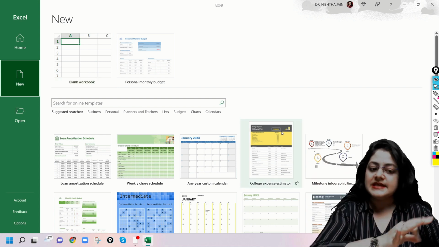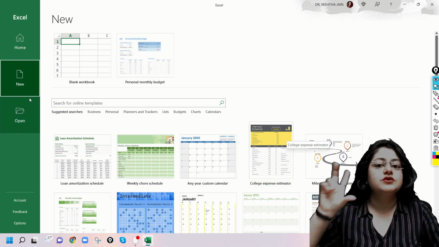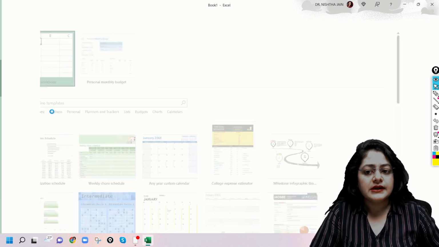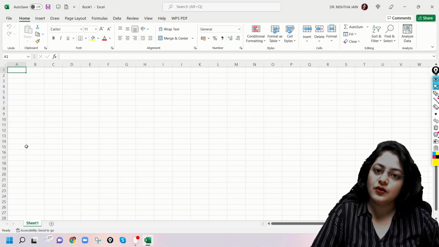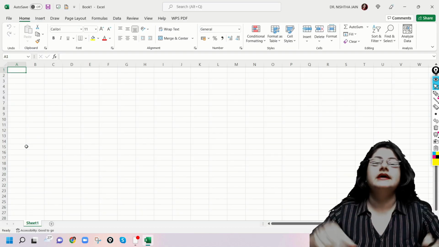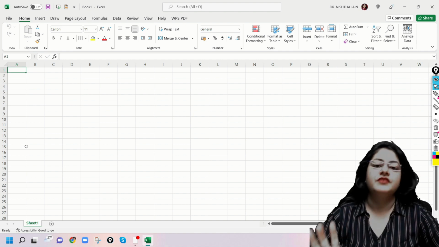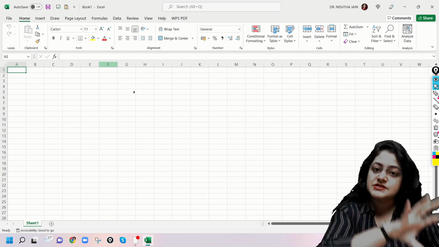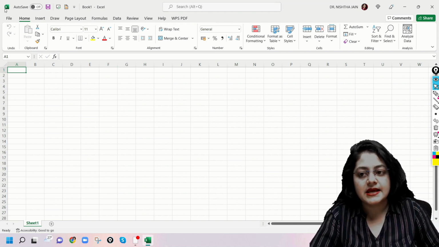Let us ignore the templates for now. Let us just focus on the new option here, the blank workbook option. Now when you click on this blank workbook, what opens? There is a blank workbook again. A blank paper is open in front of you. Fine. So before seeing the parts which are present in this workbook, let's go back to